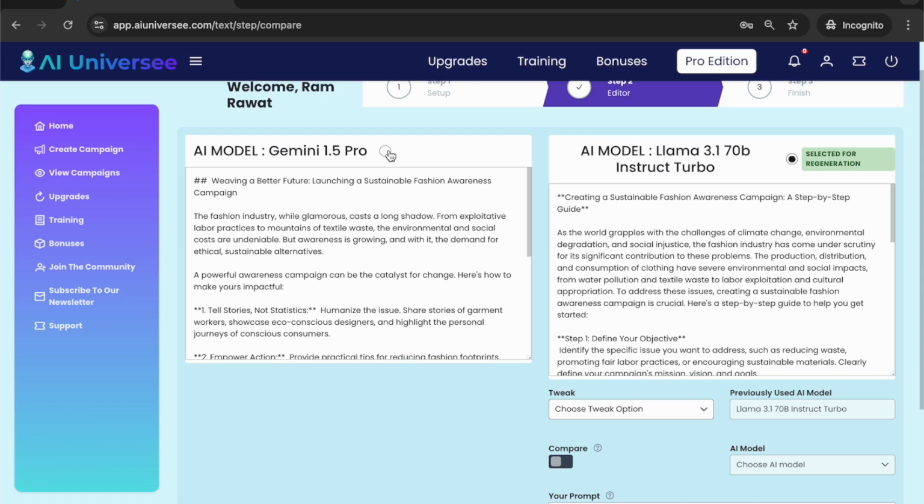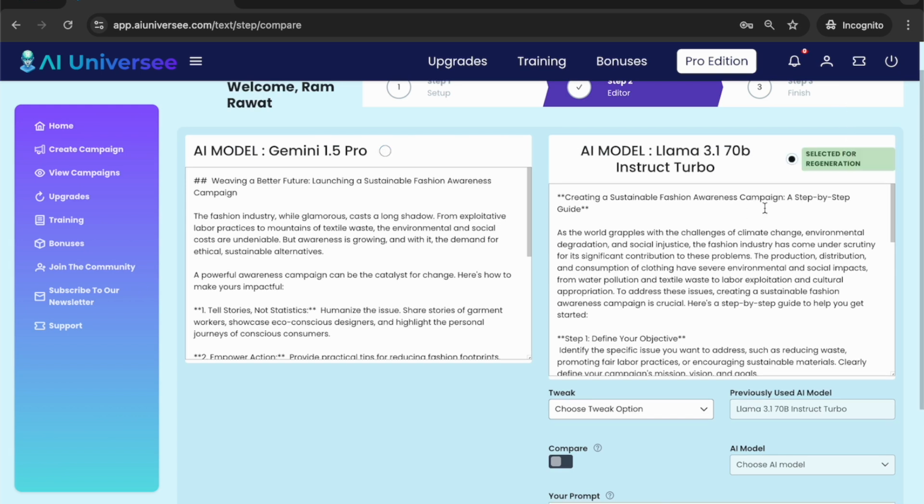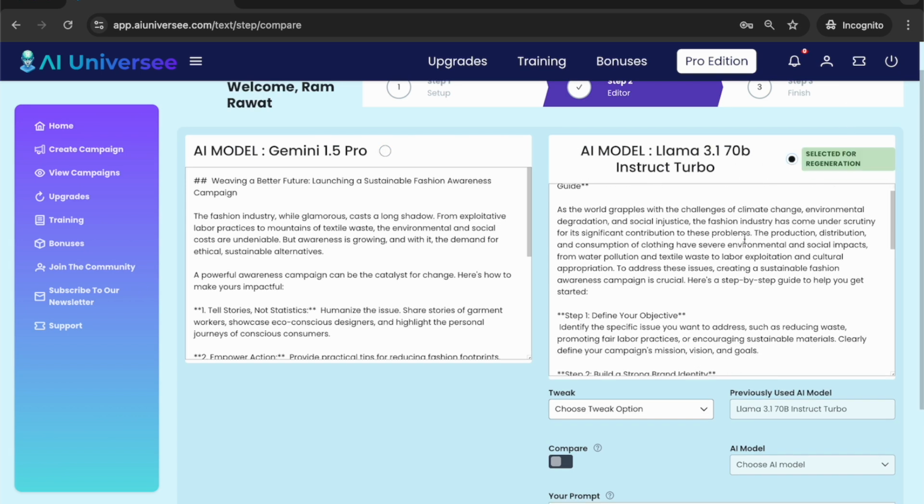If you want to make changes to this article, you select this article. Let's say we want to make changes to this article. All we have to do is select this article, and we're going to go ahead with the tweaking option, and